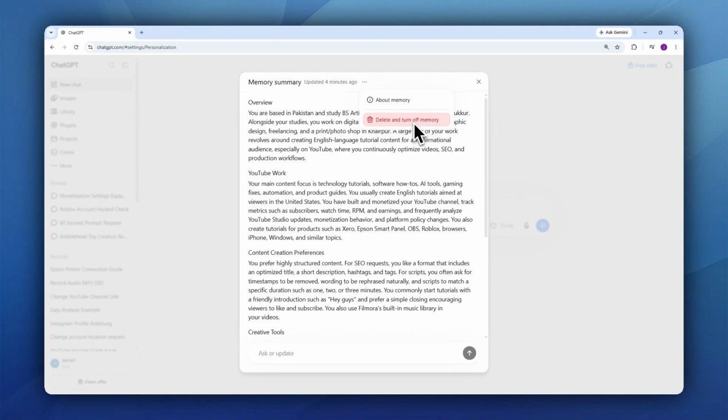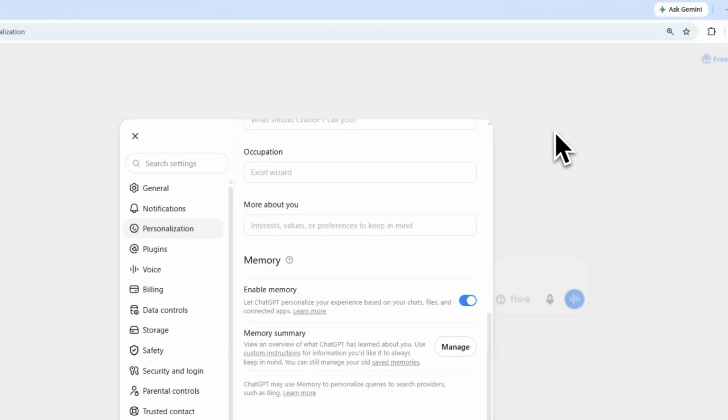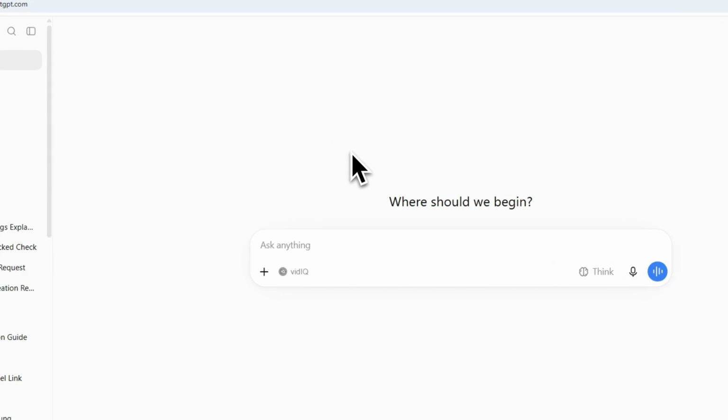If the issue continues, check your internet connection and make sure it's stable. Also, if you're using a VPN, try turning it off and then generate the image again. Finally, try using ChatGPT on a different platform. For example, if you're using the web version, try the mobile app, or switch from the mobile app to the